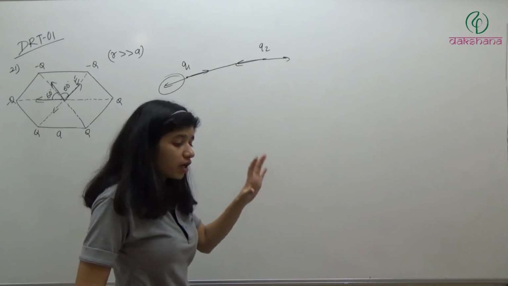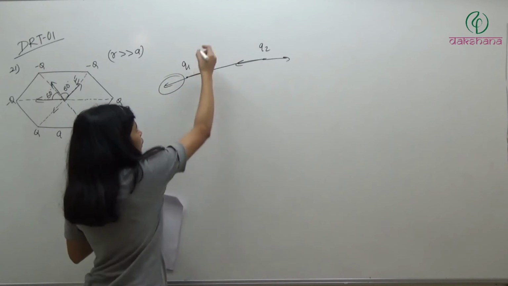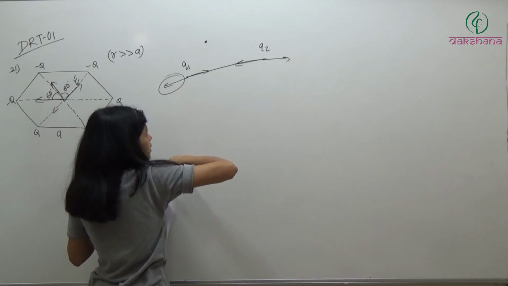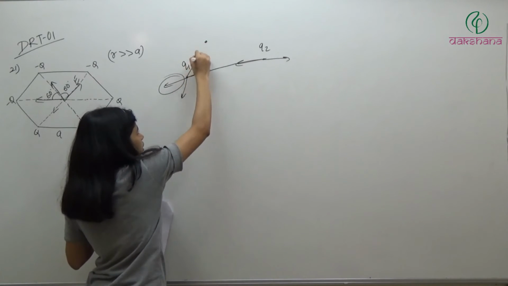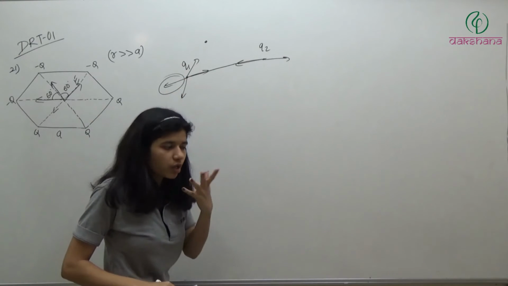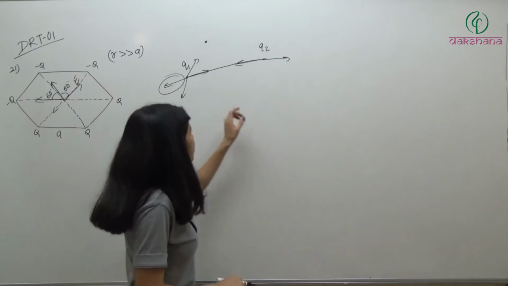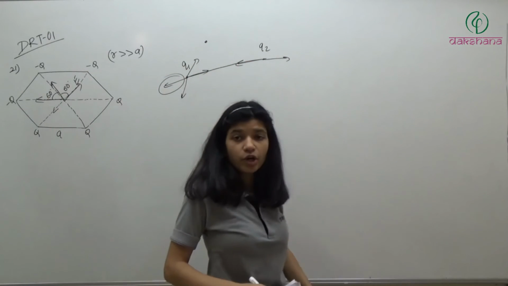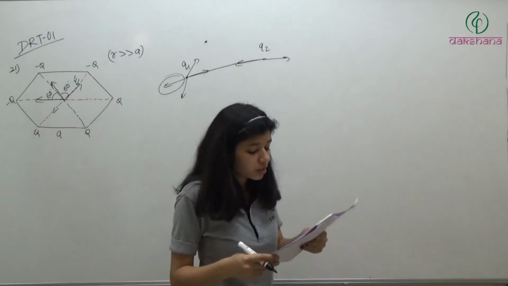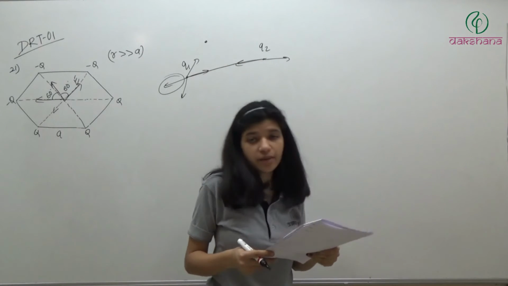So we need a charge such that this force is getting cancelled. Now if we keep a third charge here, then what will happen? It will apply some force either in this direction or in this direction. Either it will attract or repel. So it cannot completely cancel this component. It means this charge must be kept somewhere on this line only. So it means the particles must be collinear. All the charges cannot have the same magnitude.